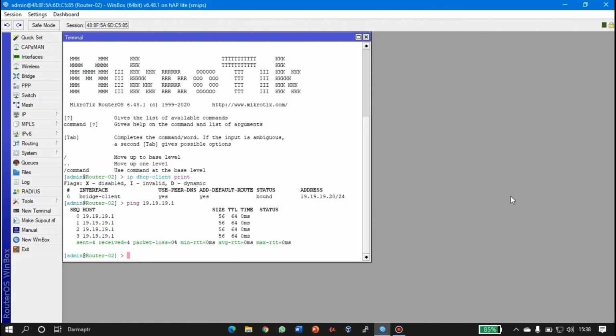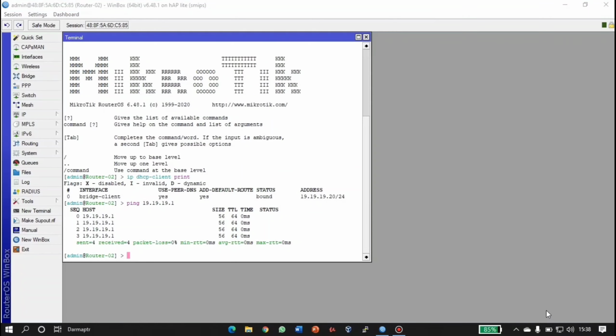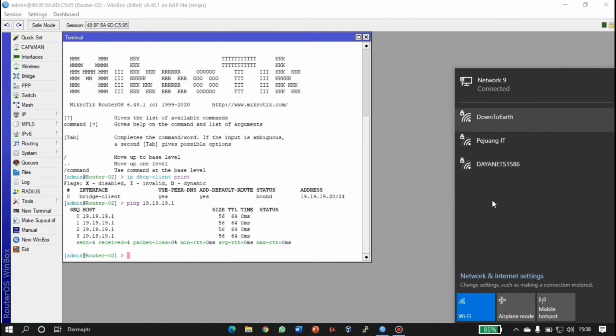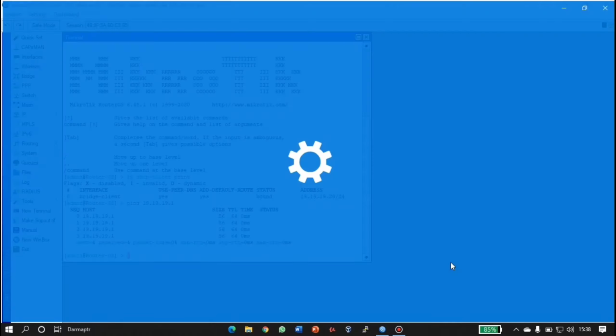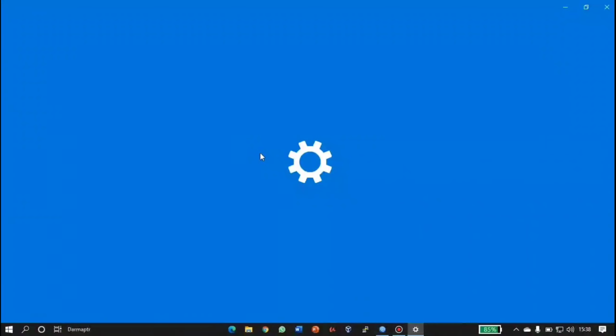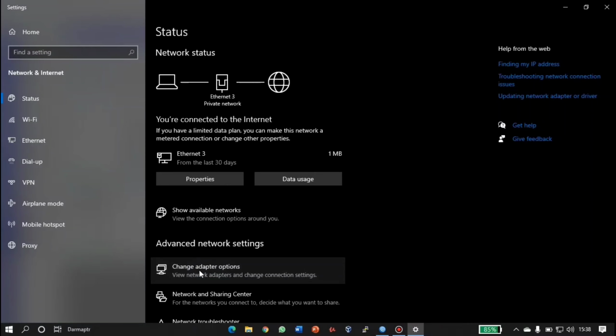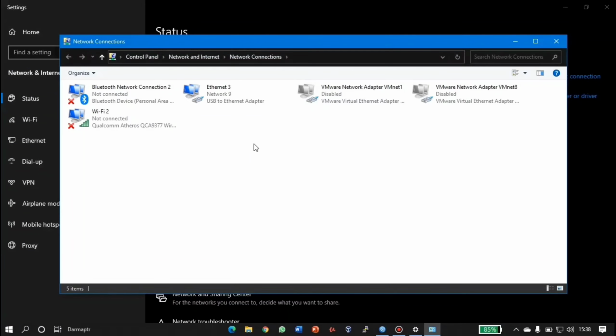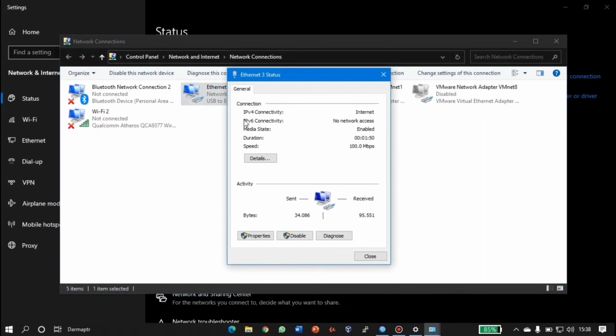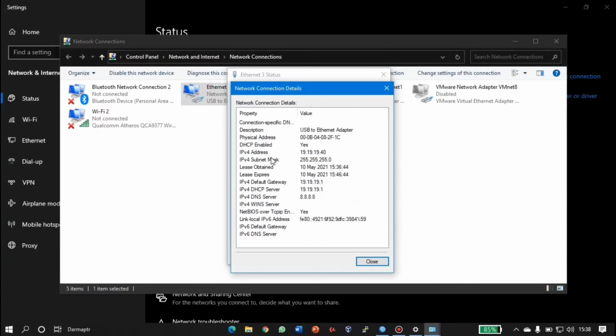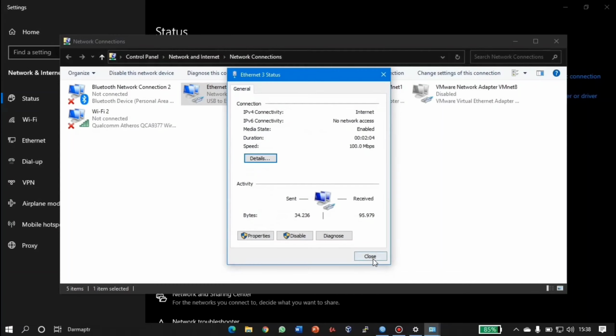And then we do testing on client 2. On the change adapter option, then open Ethernet and click details, and we can see client 2 got IP address static 19.19.19.40, and we do testing on the command prompt.